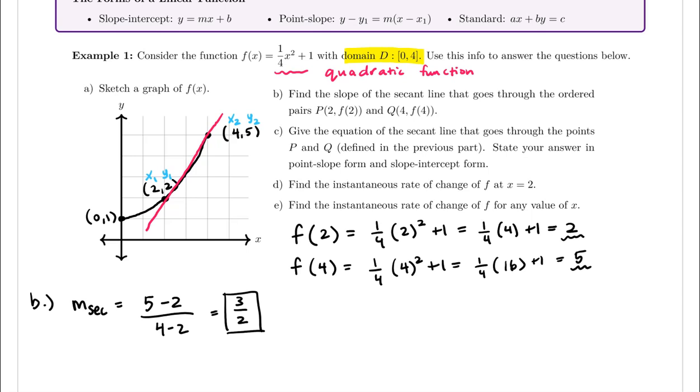Now part C says give the equation, but before I move on to part C, I just wanted to also highlight that we could have found the slope visually by starting at this point, going up 1, 2, 3, and then, so we're going up 3 units and then right 2 units. So using the idea of rise over run, we could have gotten the same